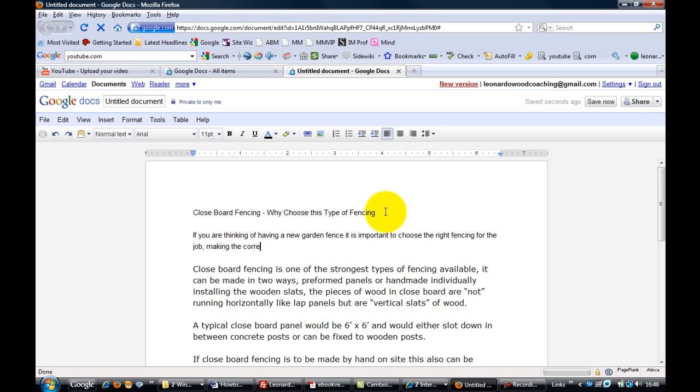Making the correct decision could save you